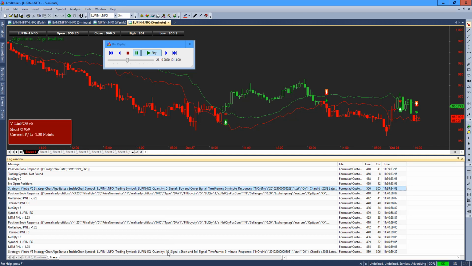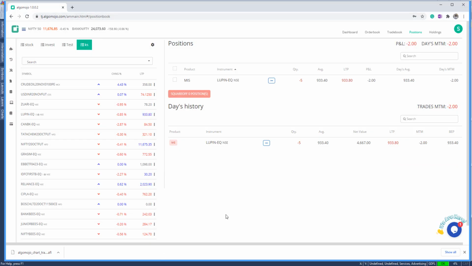Now it entered short. Remember, the sell and short signals happened simultaneously. A quantity of 10 got punched. If you look into the positions, your +5 position automatically turned into -5.